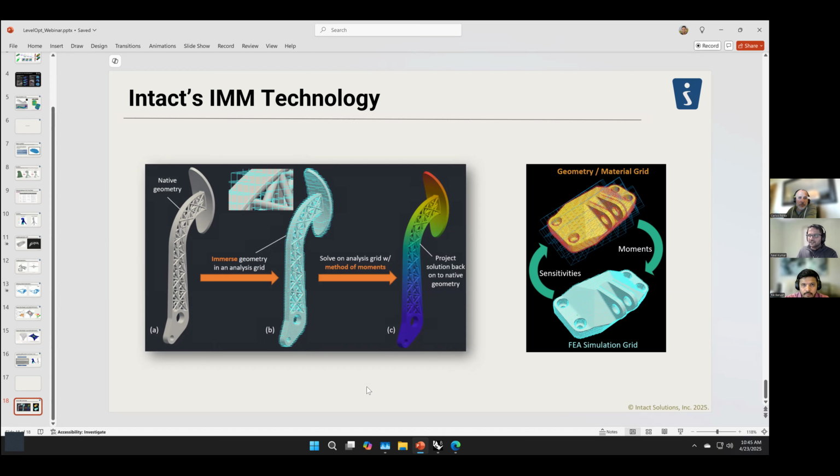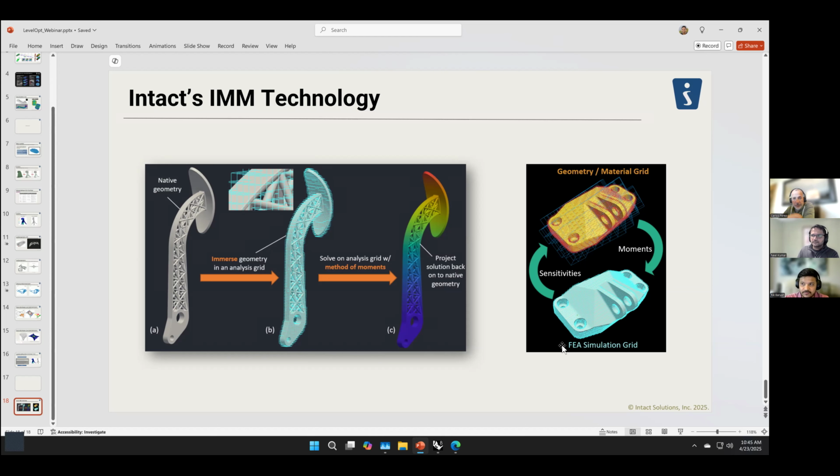Yeah. So that's the technology. And level up takes it to the next level. Yeah, essentially. And also, I would add, the solvers are homegrown. We have developed those solvers that we're using, but we can link up with really any solver, including MFEM and even Nastran. We have some early prototypes that use Nastran as the